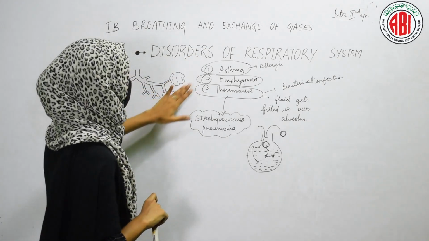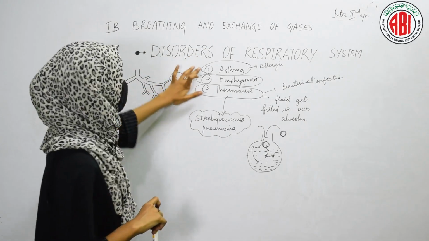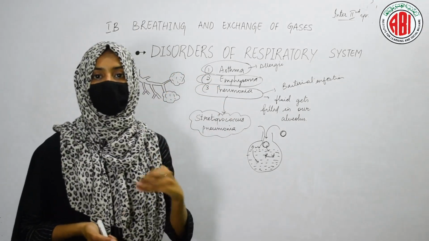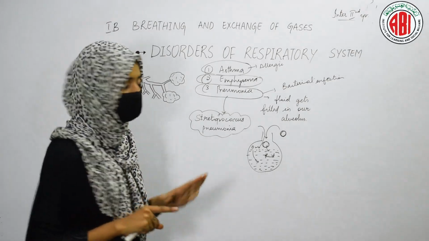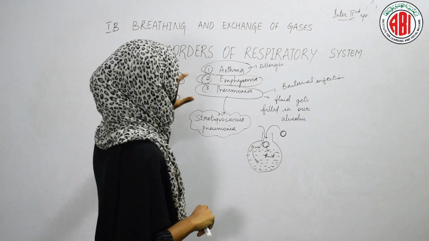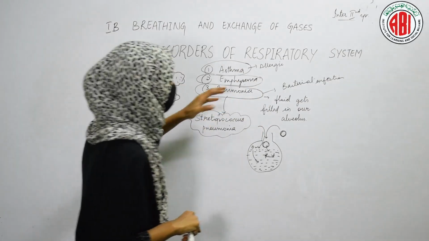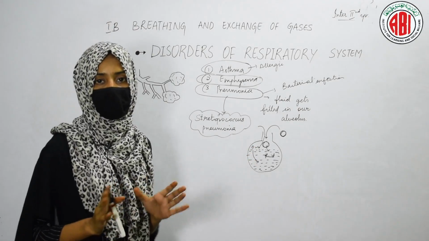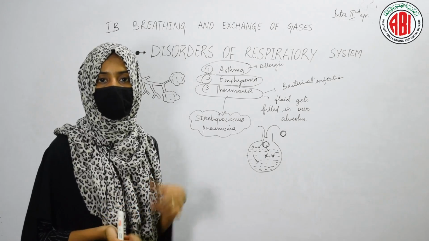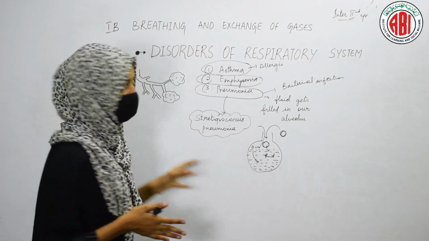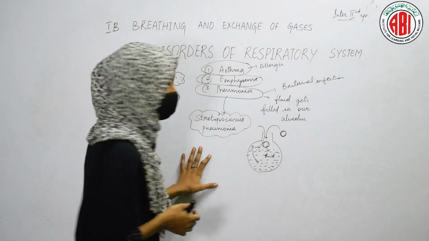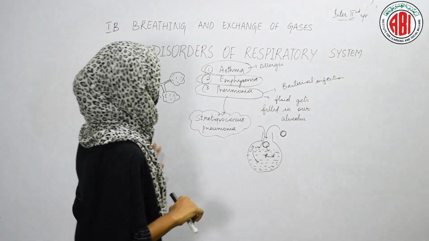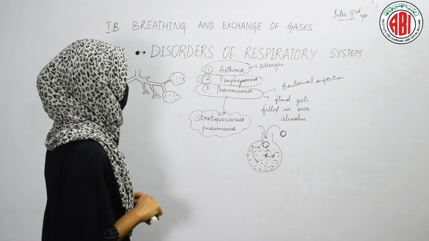So, these are the three different respiratory disorders. Asthma is an allergic reaction, emphysema is loss of elasticity and the damage that occurs to the walls of the alveolus, and in pneumonia, bacterial infection takes place. Due to the accumulation of fluid released by the bacteria, alveoli cannot exchange the gases. It cannot take in the oxygen and it cannot give out the carbon dioxide. This is what happens, due to which the person can suffer from shortness of breath, and the breathing process gets disturbed due to this bacterial infection. So, these are some of the important respiratory disorders.